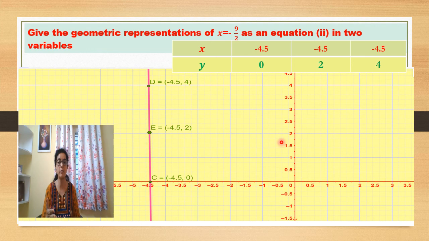And in the previous sum, you saw that y was given. When the equation is y is equal to some constant, whatever is given, then it will be parallel to the x-axis. This type of question will be asked in the exam: if an equation is x is equal to minus 9 by 2, then to which axis will it be parallel? So be careful, it is opposite. If the equation is in x, then it is parallel to the y-axis. This line is passing directly through the x-axis and is parallel to the y-axis. Therefore, the x coordinates are constant, but the y coordinates are varying.